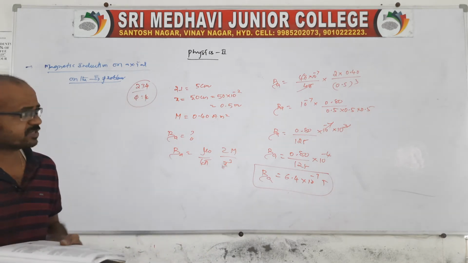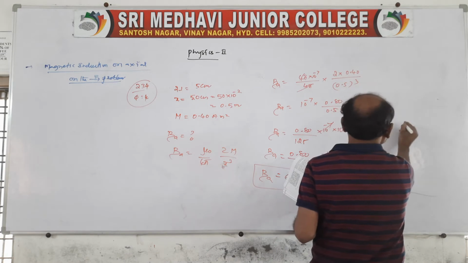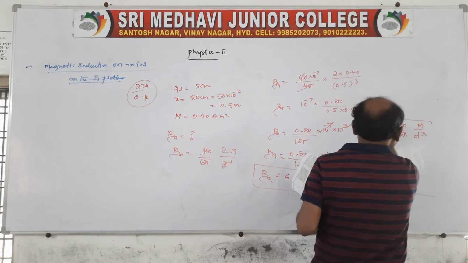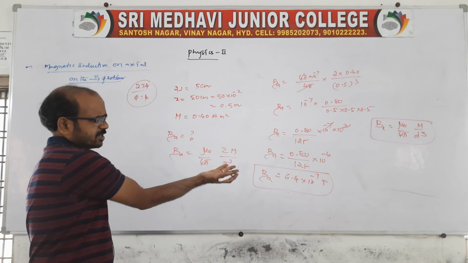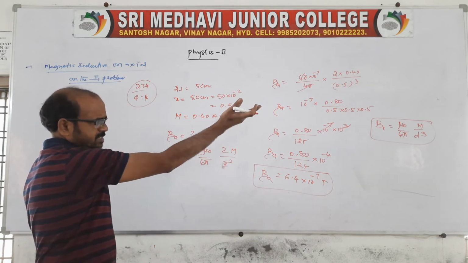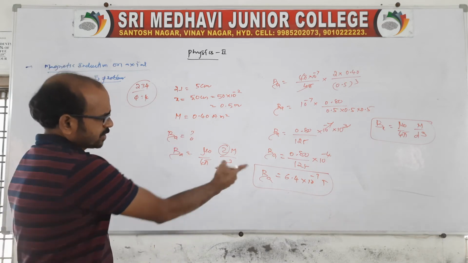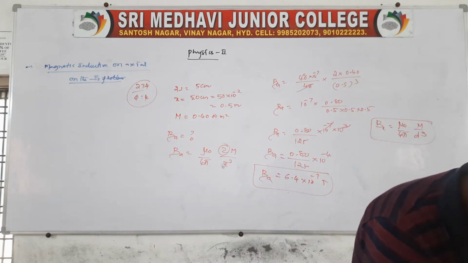If in the same situation he is asking for the equatorial plane, B equatorial is equal to mu naught by 4 pi into m by d cube, as I just told you. I will give you the derivation also, no problem. Suppose you do the same, you just divide by 2, because here only m is there, but in the axial expression the 2 is there. If you want B equatorial, then divide by 2, and we get it on the equatorial plane also. Clear? So it is about the axial and equatorial plane.